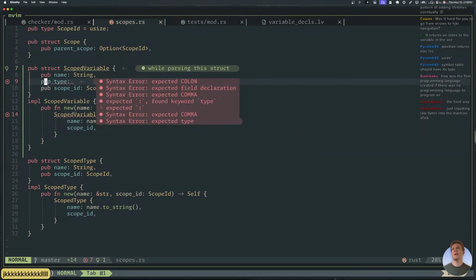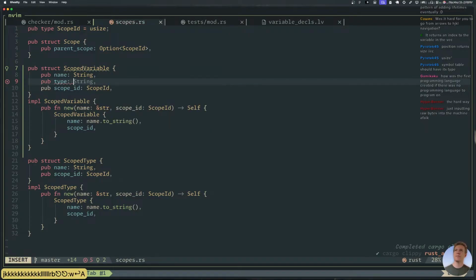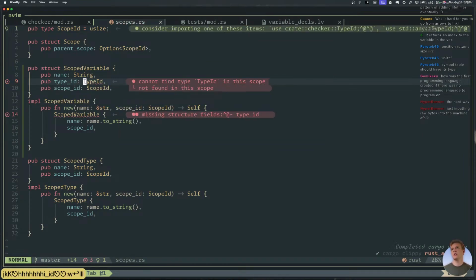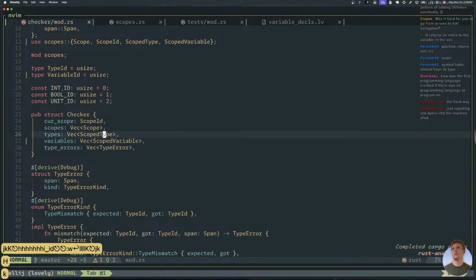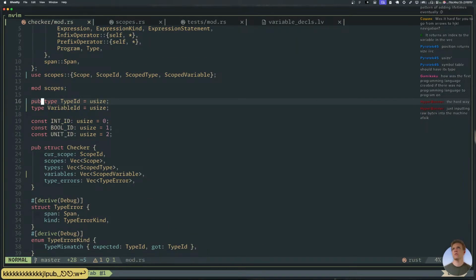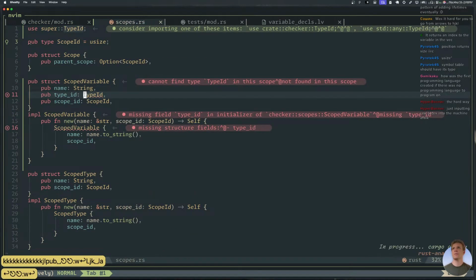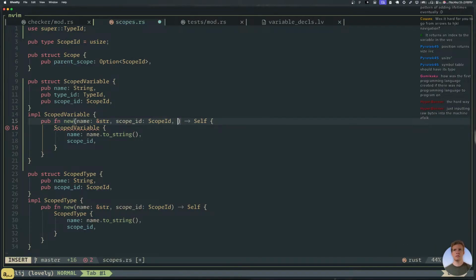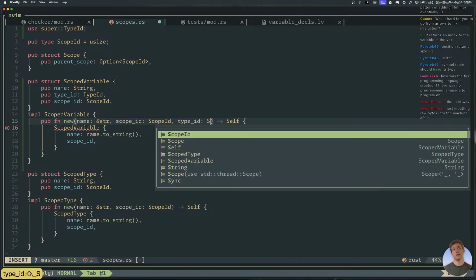All right, so pub type is a type ID, right? Which we need to pull in from over here. So now this is a type, type ID. So you kind of need to give it a type ID, I guess.